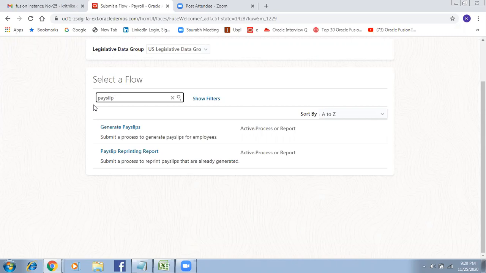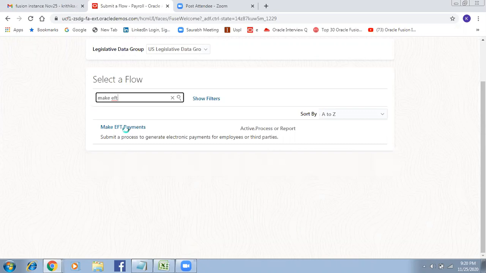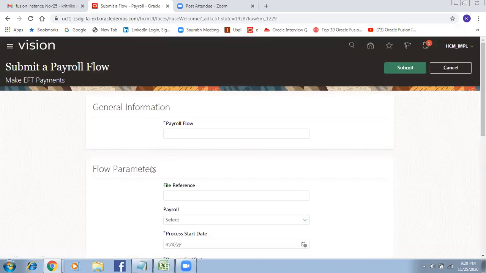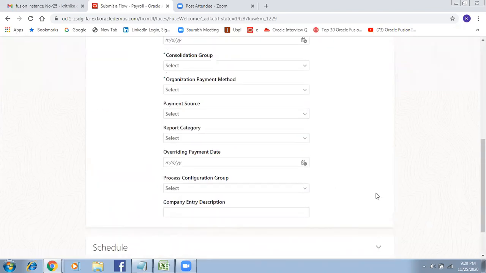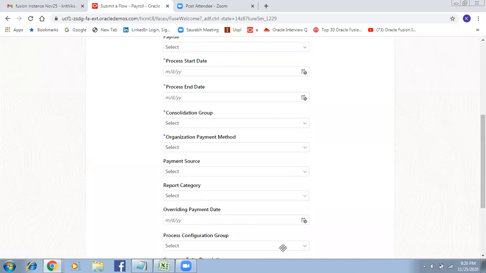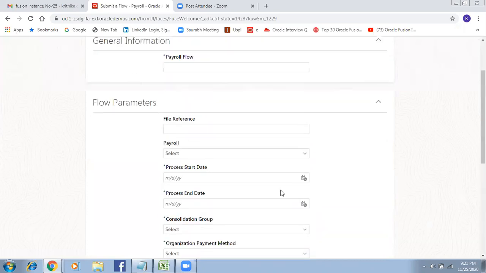So when they say make EFT payments, how will this go directly to the third party after I finish this?